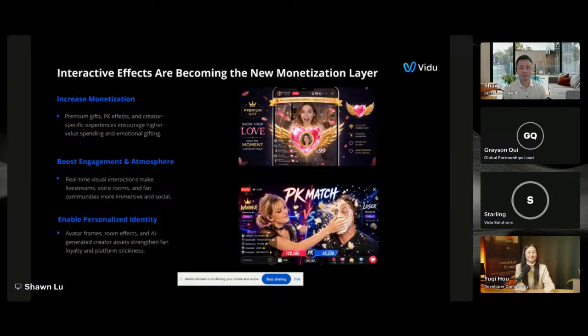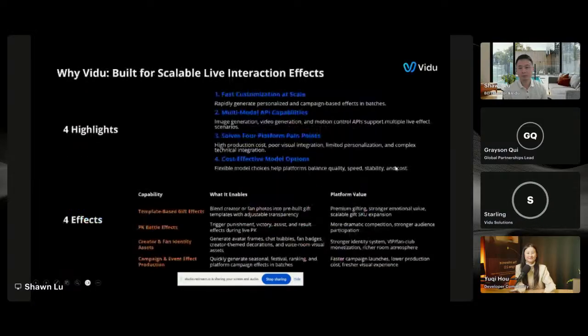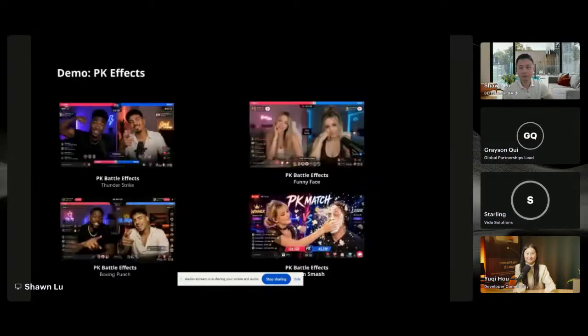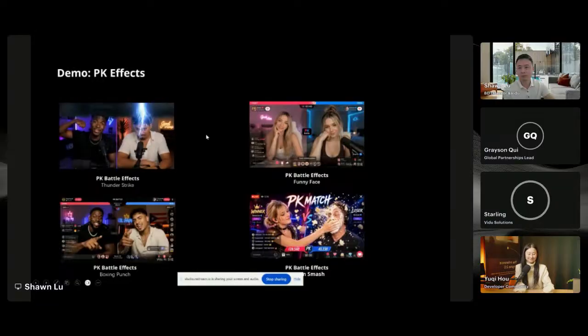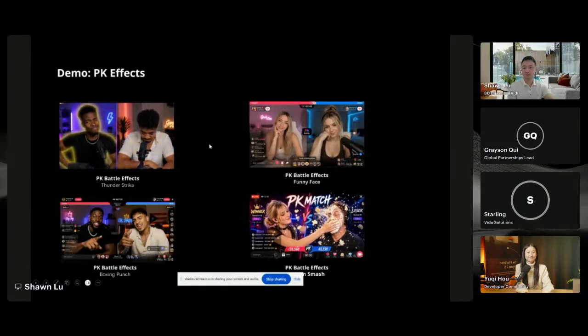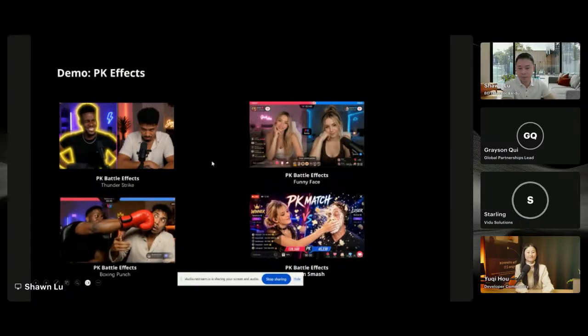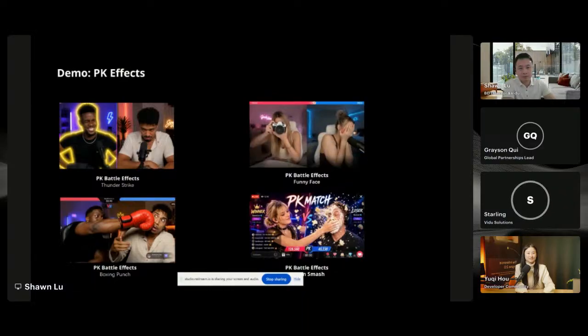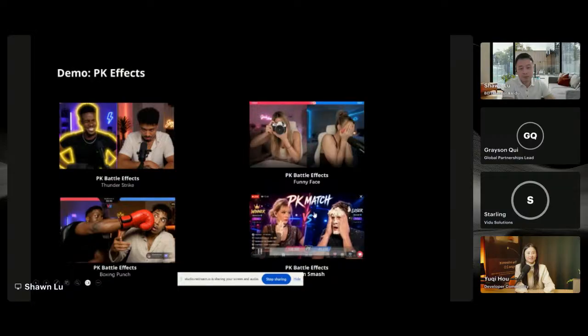So Sean, we want to go to the next slide, which, if we play the video, it's easier to explain the idea. The next slide, please, with demos. I don't know if some of you may have watched live streaming platforms where two creators, influencers, hosts are doing PK, or they are doing some speech. They want to have either collaboration or they want to do some event together.